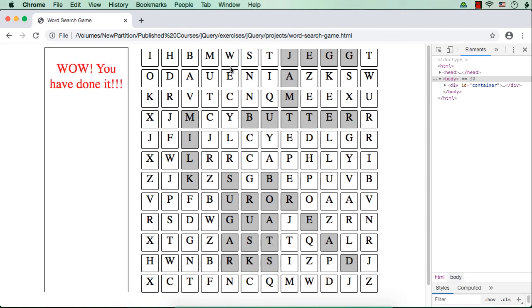If you want, you can add a start and reset button. Now I haven't added it here. This is just a basic interface of word search game. So we have implemented this word search game using jQuery. We are adding the items horizontally, vertically, or diagonally. We have written the code not to overwrite the words or letters. And then we have checked the correct word and crossed out from this list. And once all the words are found out, we are displaying, wow, you have done it. So this is the word search game we have developed from scratch using jQuery.